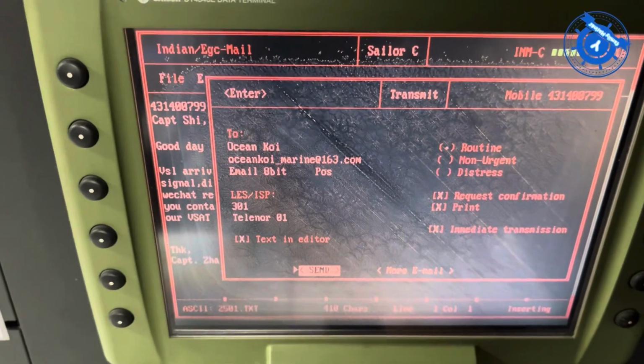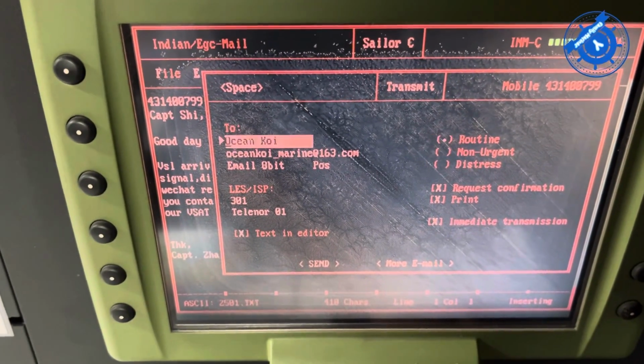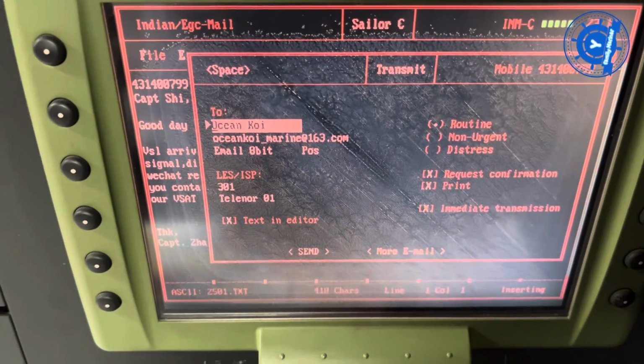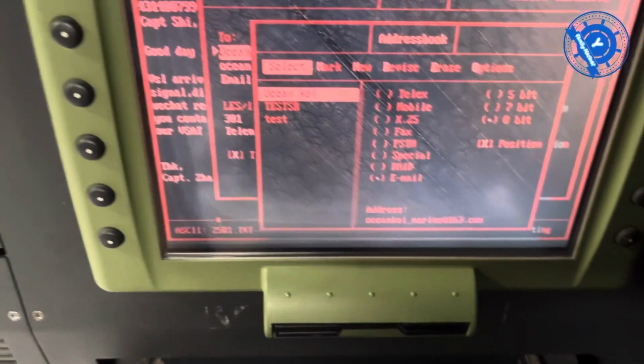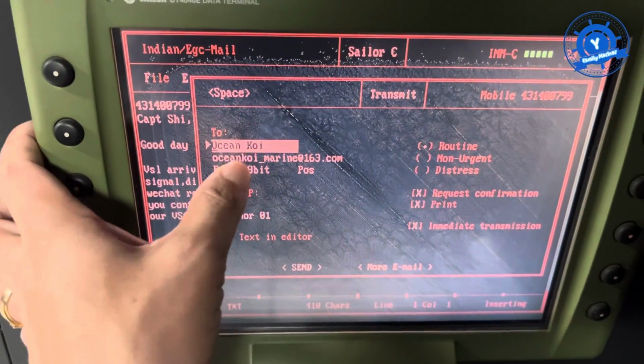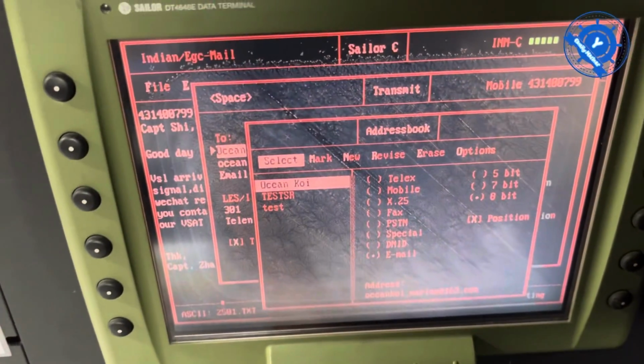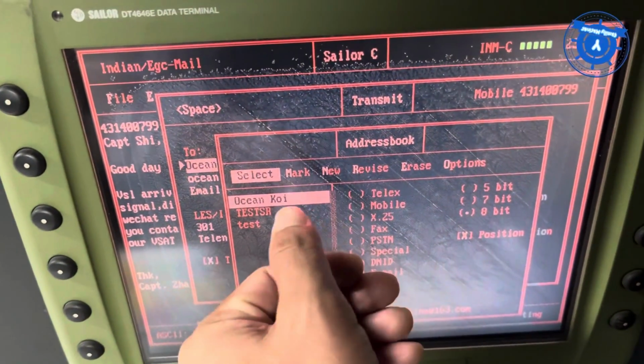For example, going to me, you can send to anyone. At that time, if you want to choose, go to the space bar. There is our company.